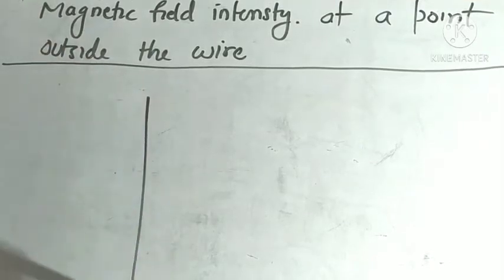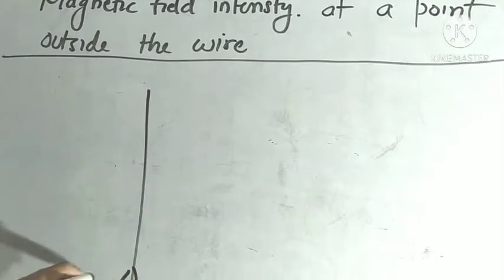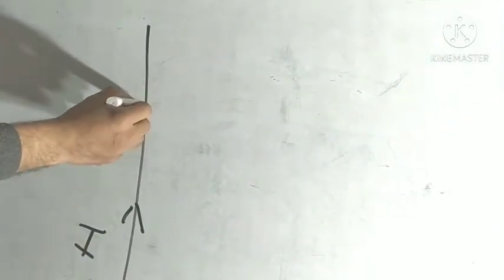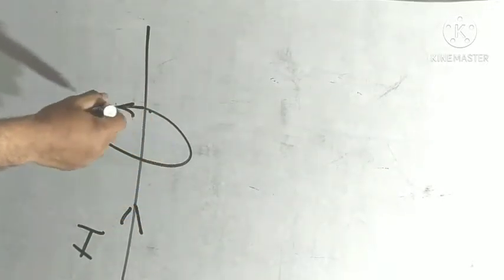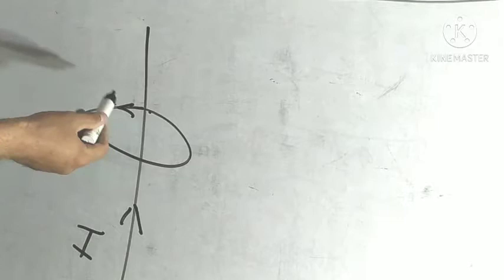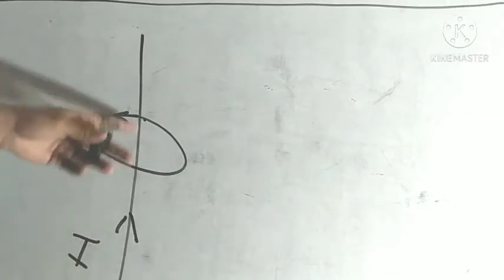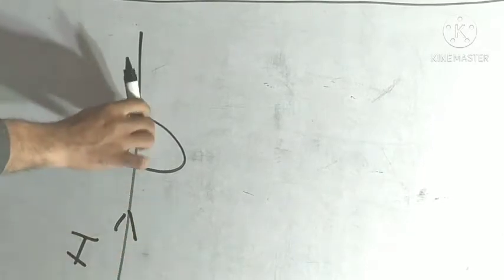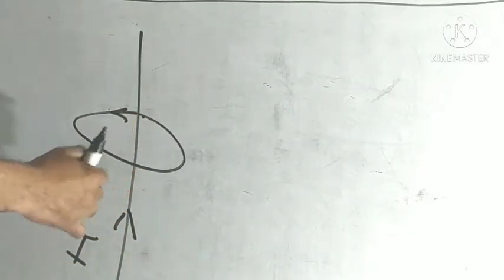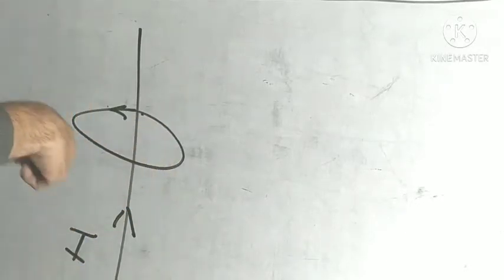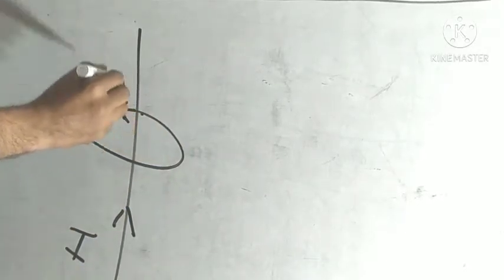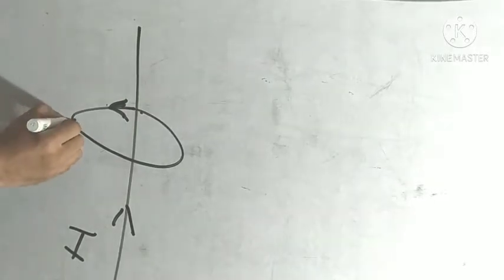So we take any wire, an infinite wire, and the electric current passing through this wire is I, due to which a magnetic field is generated around it in the form of a circular loop. To obtain the direction of this magnetic field, we will use the right hand thumb rule. In this conductor, current is flowing outward. The direction of current is along the thumb and the curved fingers represent the direction of the magnetic field.